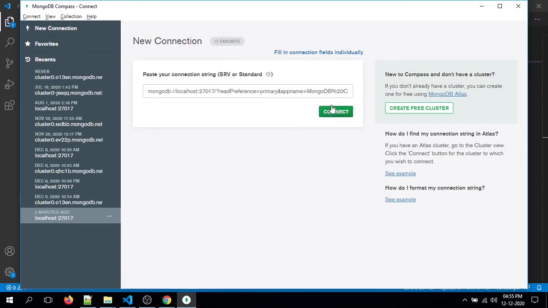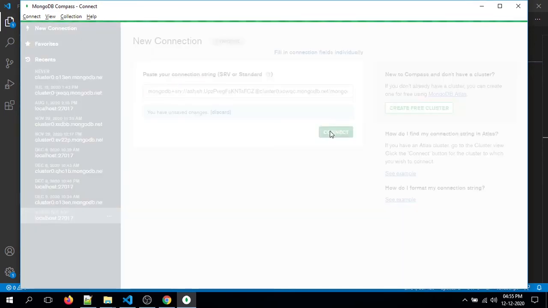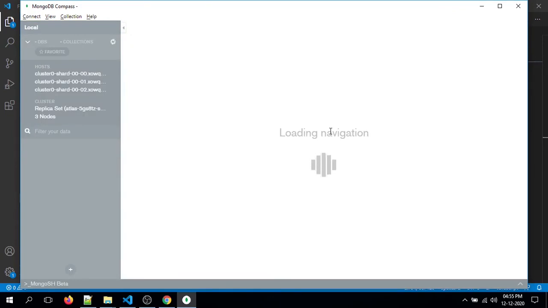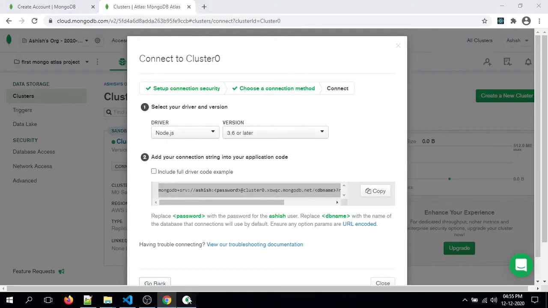The next step, I will connect my cluster from MongoDB Compass. You can see that our MongoDB Cloud database has been connected to my local system.